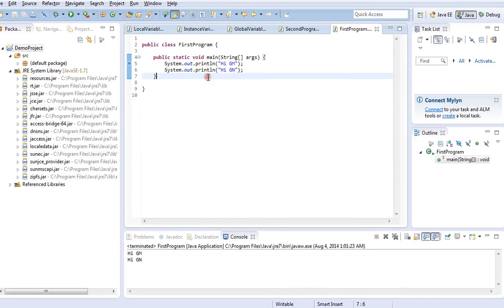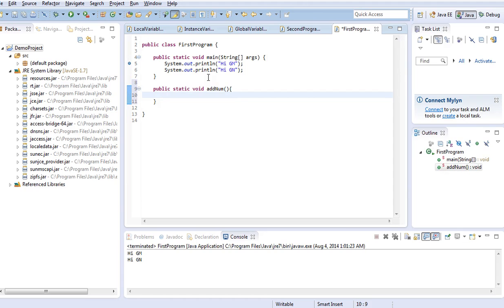Think that you have a few more methods. Let me write two more methods, such as public static void addNum. Let me say System.out add to num, and I'll write one more method, public static void